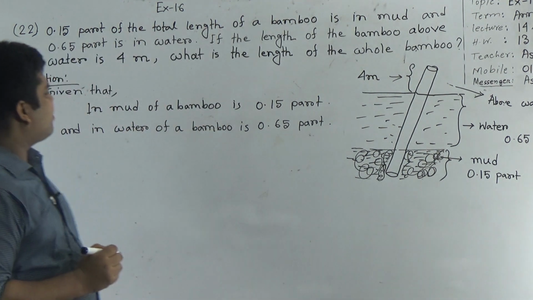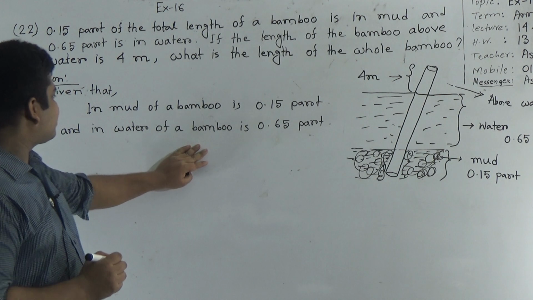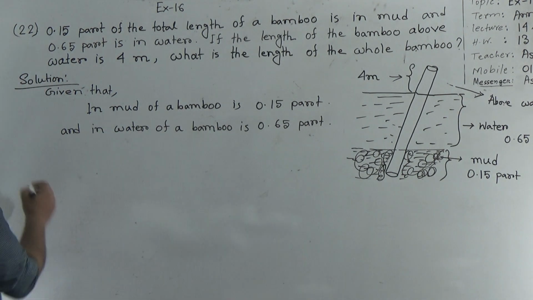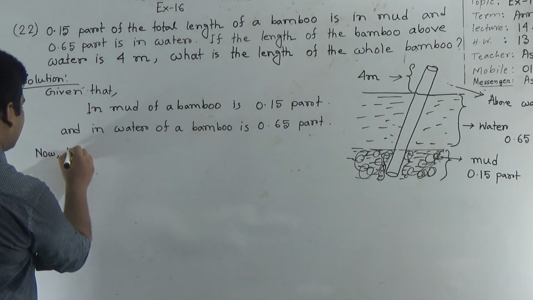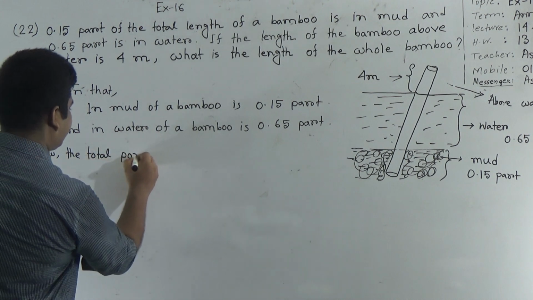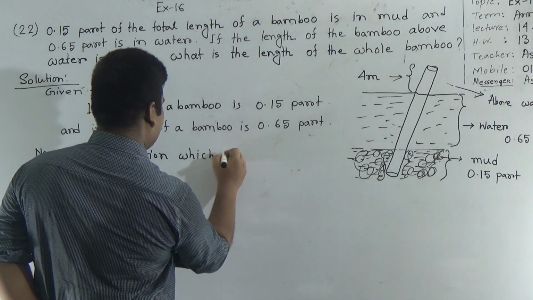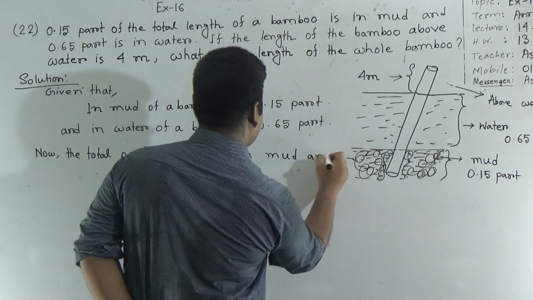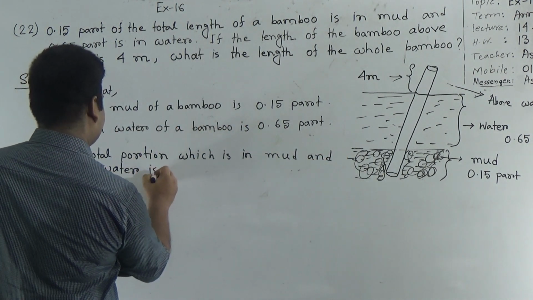Now we find the total amount of portion which is in mud and water. Now you write, now the total portion which is in mud and water is